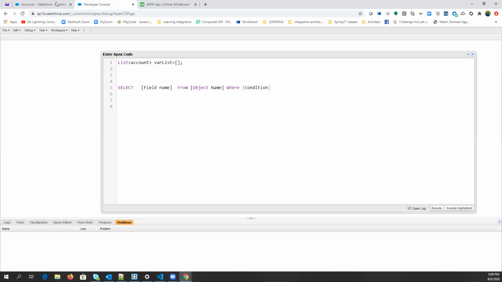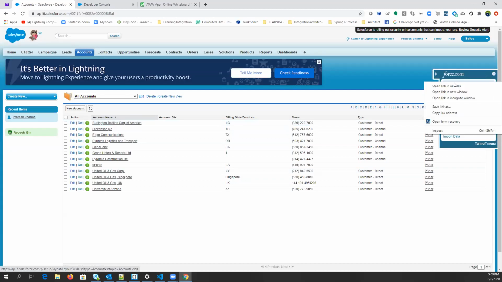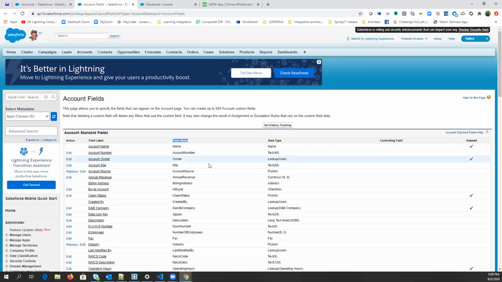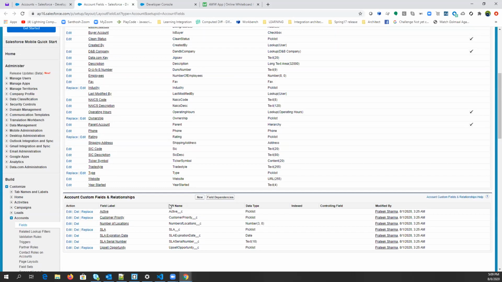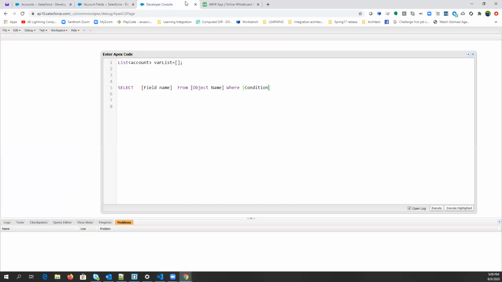Yes. Makes sense. So now you need all the field names, right, that you want to retrieve. Here in Apex programming, you will always use the API name of the field, right? The field name here, or API name. This is called an API name. In custom fields, you will always see it as an API name.